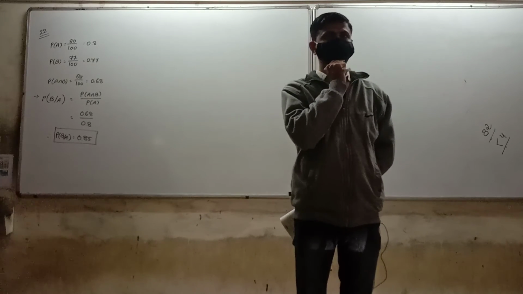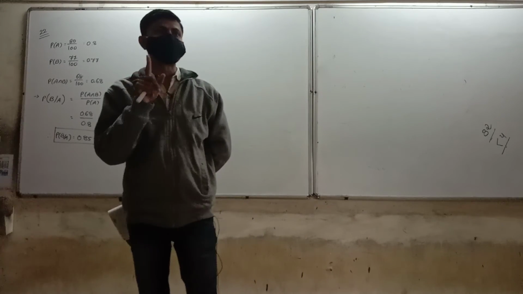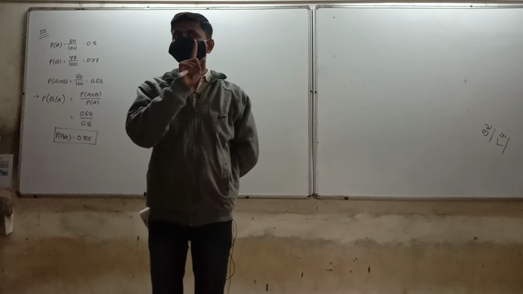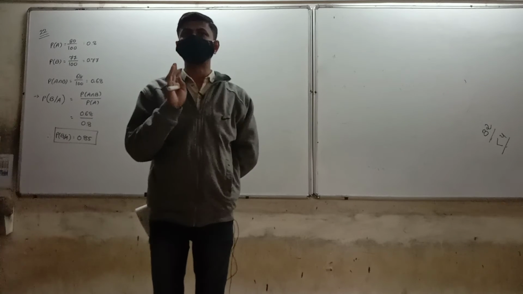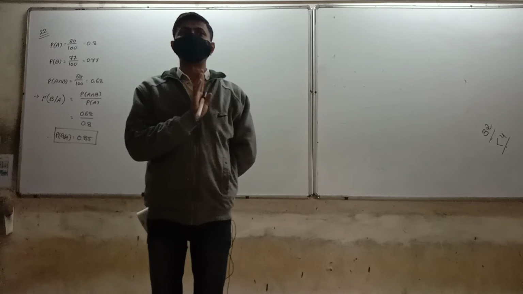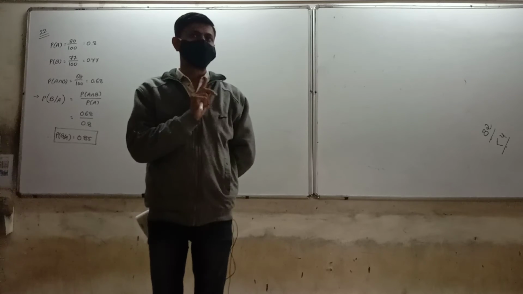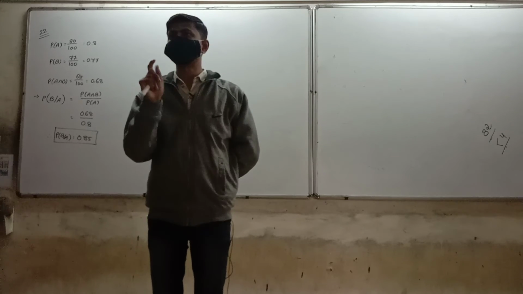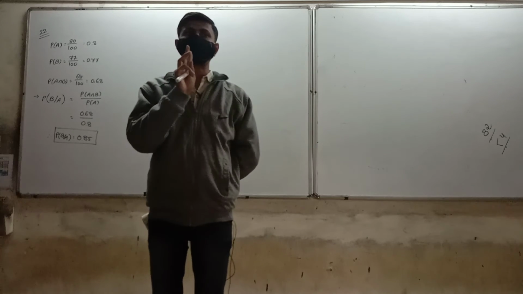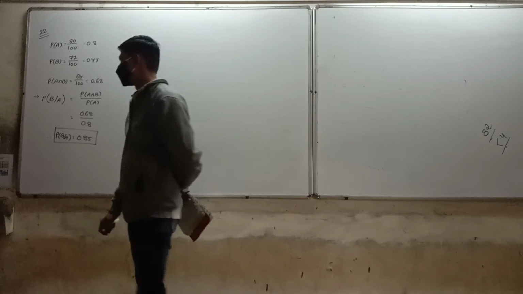एंड सेकेंड मेथड, एक भी दिन बारिश नहीं है, डज नॉट रेन इन 3 days, यानी कि A डैश इंटरसेक्शन B डैश इंटरसेक्शन C डैश. टोटल प्रोबेबिलिटी 1 रहती है, एक में से लेस कर देंगे तो भी आपका आंसर आएगा. दोनों तरीके से आंसर पॉसिबल है. हमने प्रीवियस सब में भी ऐसा किया हुआ है, पहले भी कर चुके हैं ऐसा, अब देख लेना वीडियो में. ओके. टोटल प्रोबेबिलिटी 1 में से आंसर लेस करेंगे तो भी आएगा. एंड लॉ ऑफ एडिशन फॉर द 3 इवेंट्स, वो यूज़ करेंगे तो भी आंसर आएगा. तो राइट डाउन,